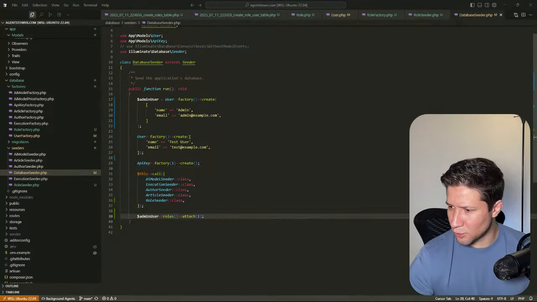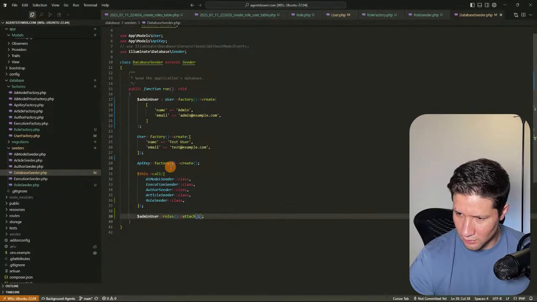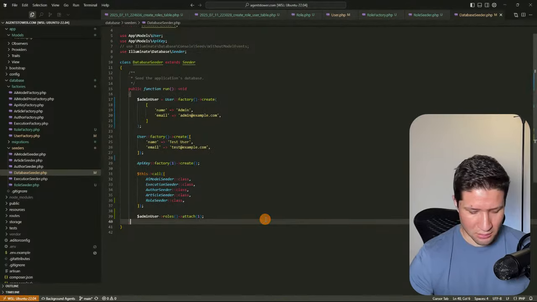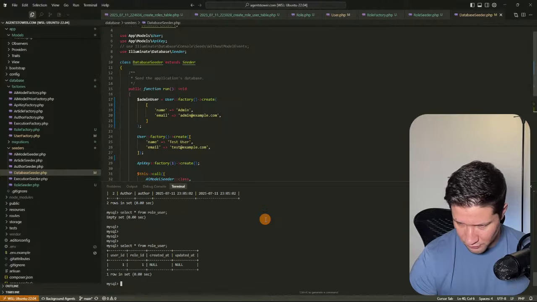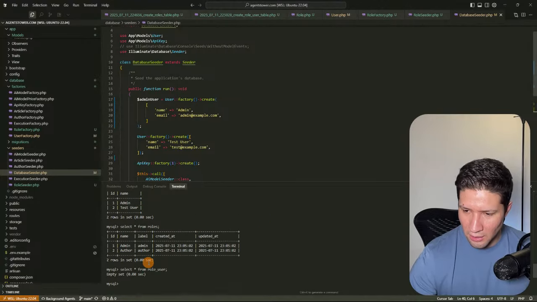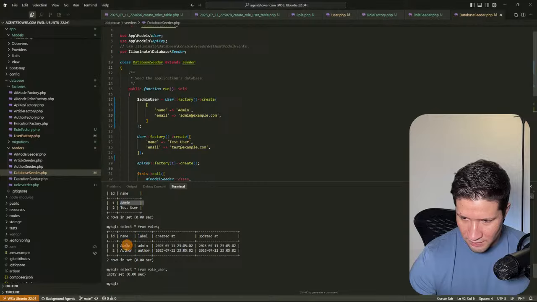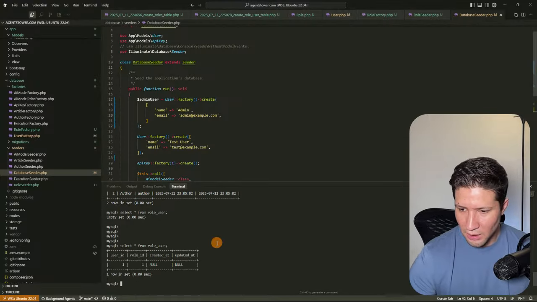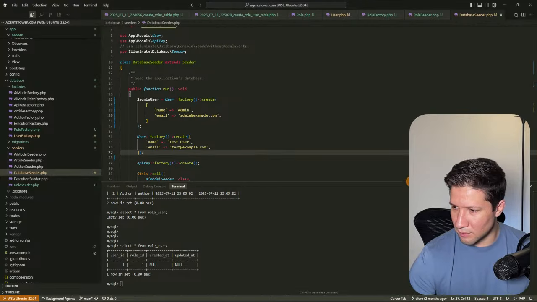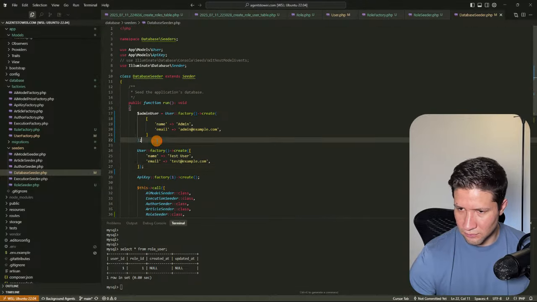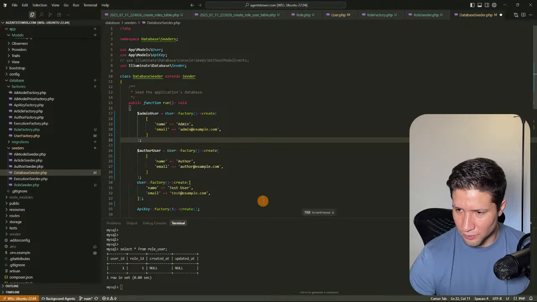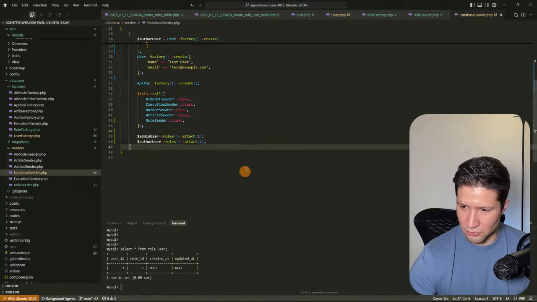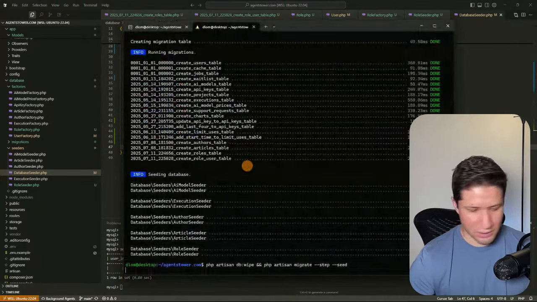So I think this is going to attach the number one role. So let's see. Okay, so now if I select all from user, the admin user is getting the admin role. Okay, and now let's do the same for an author user, like this. And we're going to do this. So now if I run this,